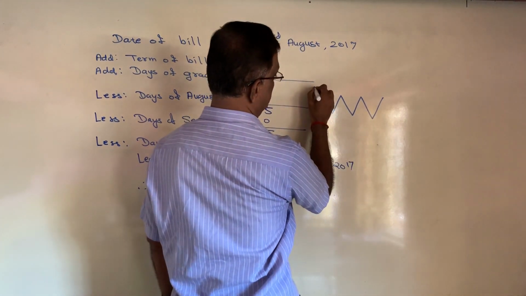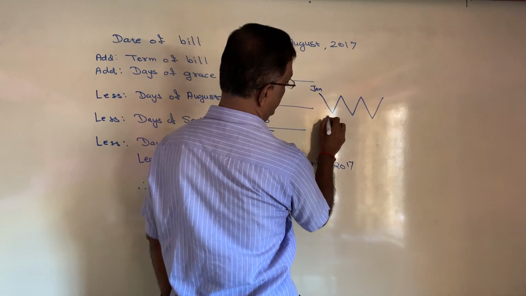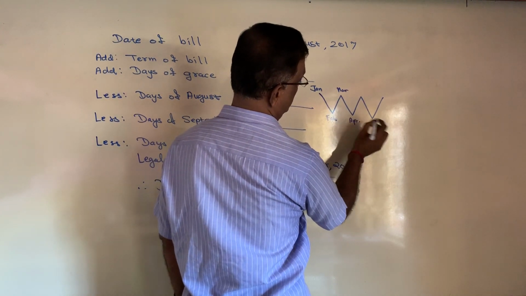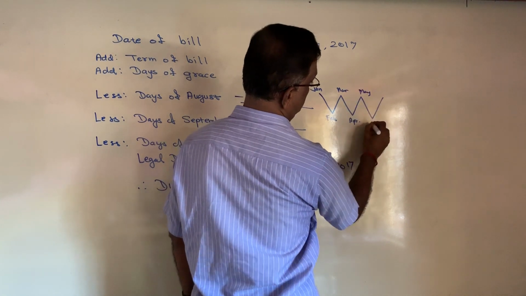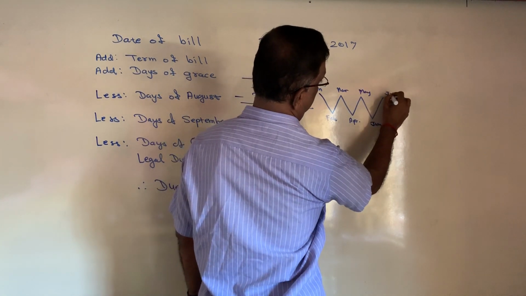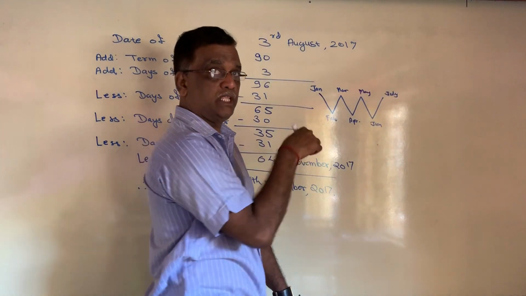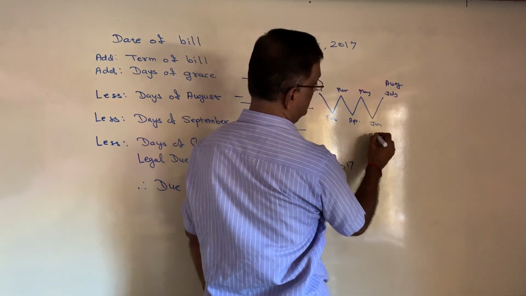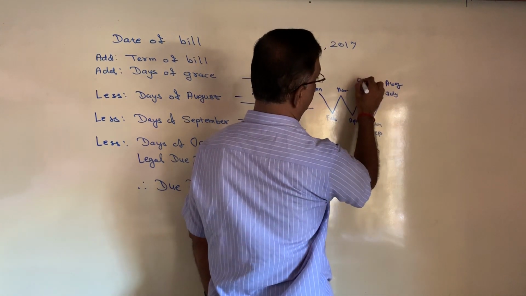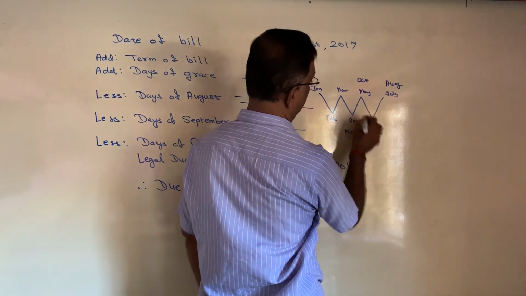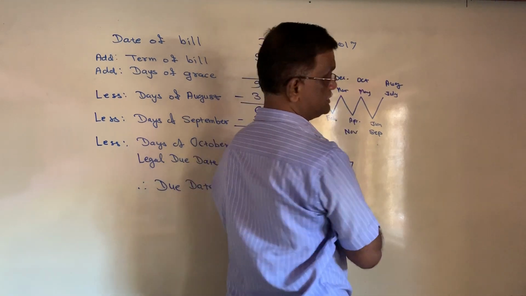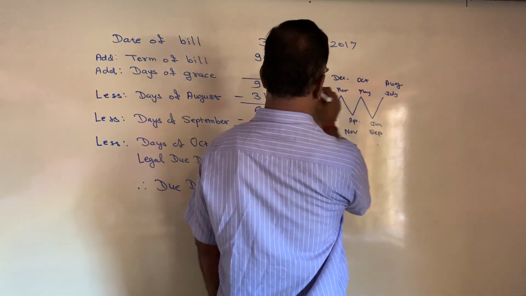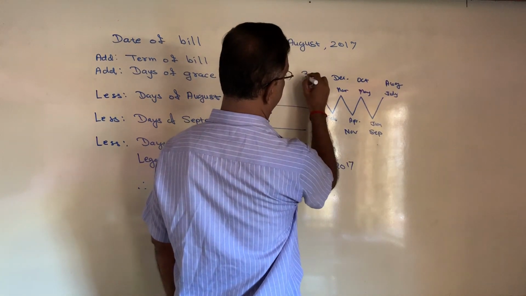Start from here. January, then February, then March, April, May, June, July, then August, write it on the other side, August. Come back to this side, September, October, November and December, the calendar ends. So all these names at the top, these months have a total of 31 days, remember.